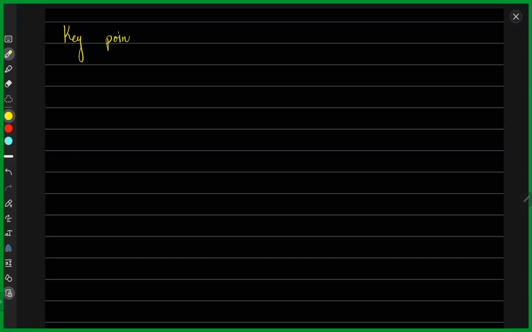Okay. Now please pay attention. This key point says the graph of y equals f of ax is a stretch. We don't write it down that it is a string. It is certainly a stretch, but you'll see something would be happening in the stretch factor. It is a stretch